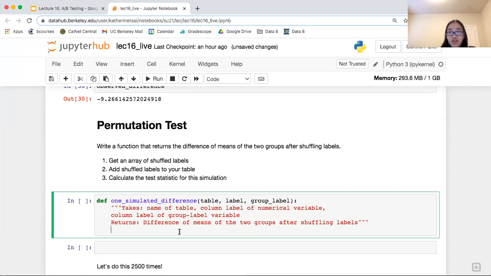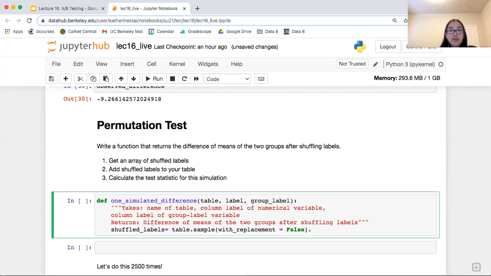Okay. So first, we can do shuffled labels. The first thing we're doing here is getting an array of shuffled labels. And we can take the table and sample with replacement equals false. That's what we saw earlier, right? We did table.sample with replacement equals false, which gives us a table with all of the same rows, just in a different order.